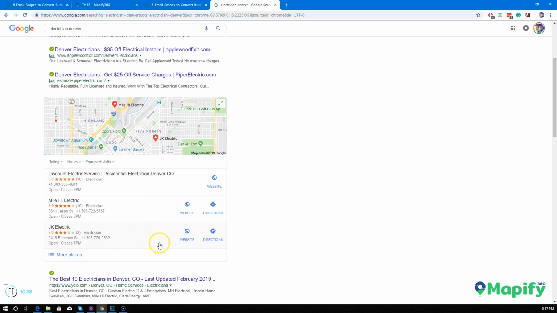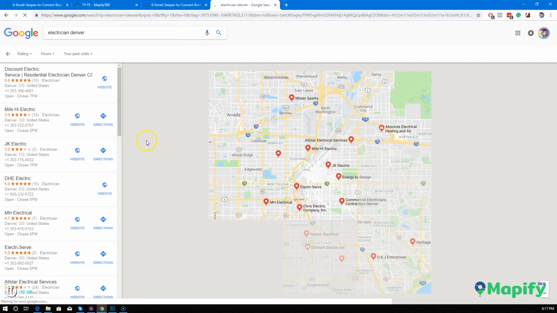All right, so this makes it very important for people to get there. Now with Mapify 360 you can identify the problems that these people are having that are somehow restricting them from getting into the 3-pack. Because if you click here at more places, what's going to happen is that you're going to see all the businesses that are